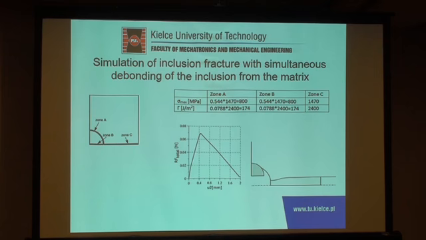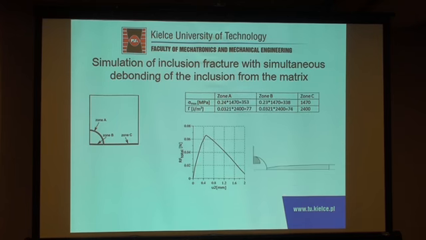This is also a characteristic value because Benjamin proposed this value as cohesive stress for zone A in steel A508 for the interface between inclusion and matrix. As you can see, this set of parameters leads to a situation in which the first stage of damage was breaking of inclusion, and then void growth was accompanied by debonding of the surface of inclusion from the matrix. So consequently, decreasing the stress for zone A and for zone B leads to a situation,